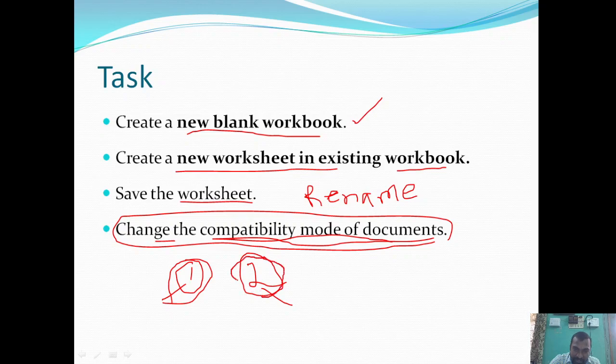Try to open the second file also and observe the things, and try to exit the compatibility mode of the first document by saving it in 2007 format.